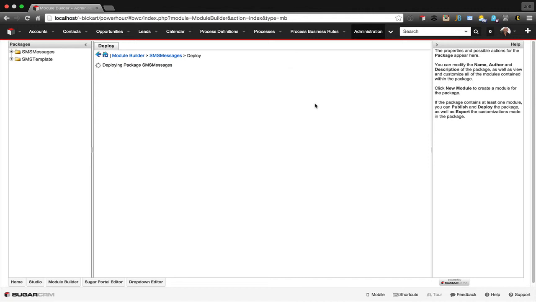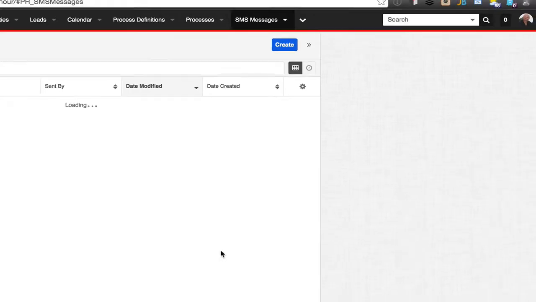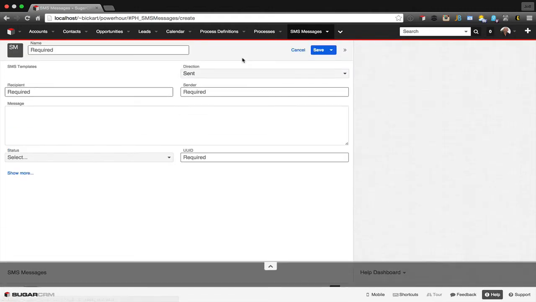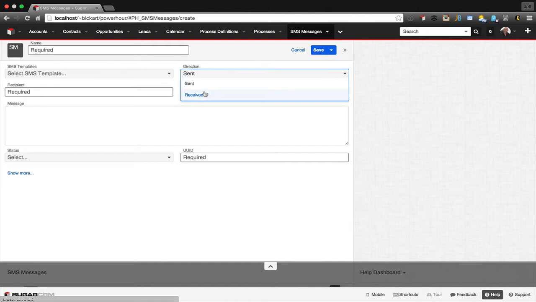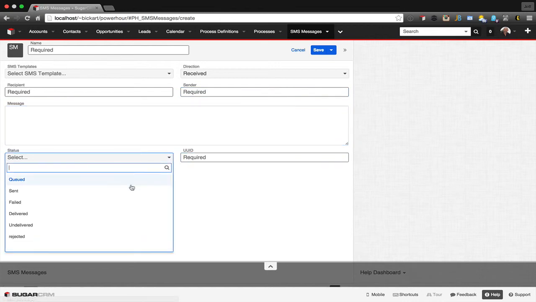And as this deploys, again, we'll see a new tab that appears on Sugar. So I can come in here and look at things like it was sent, it was received, the recipient would be a phone number, the sender would be a phone number, the message that I'm going to send, the UUID,